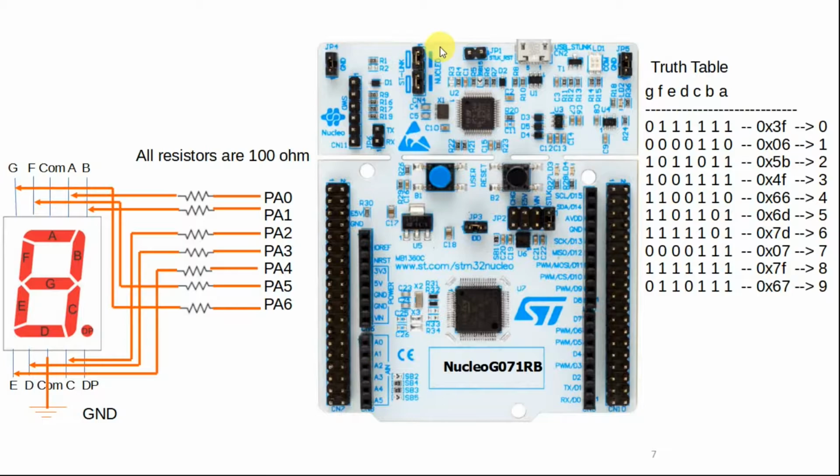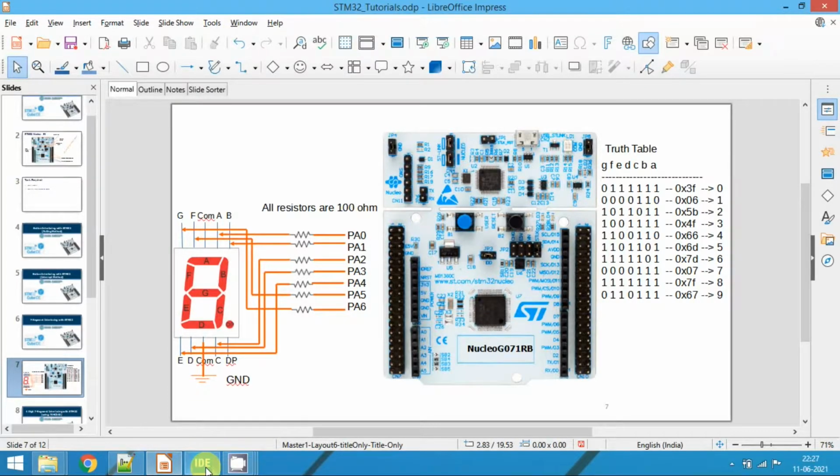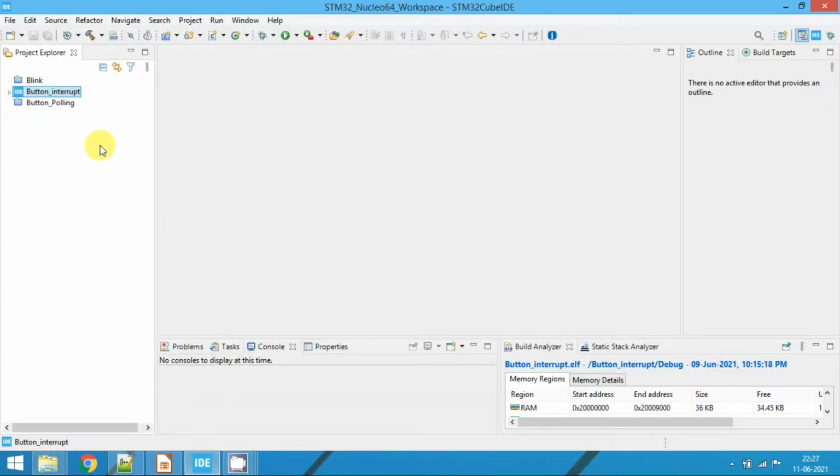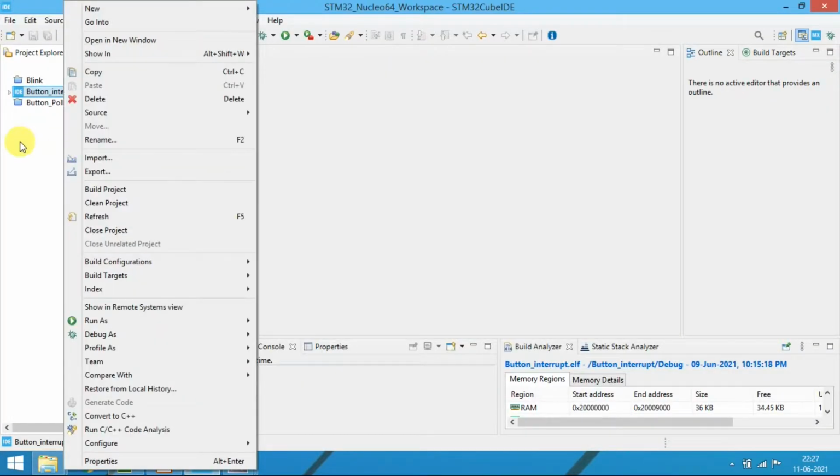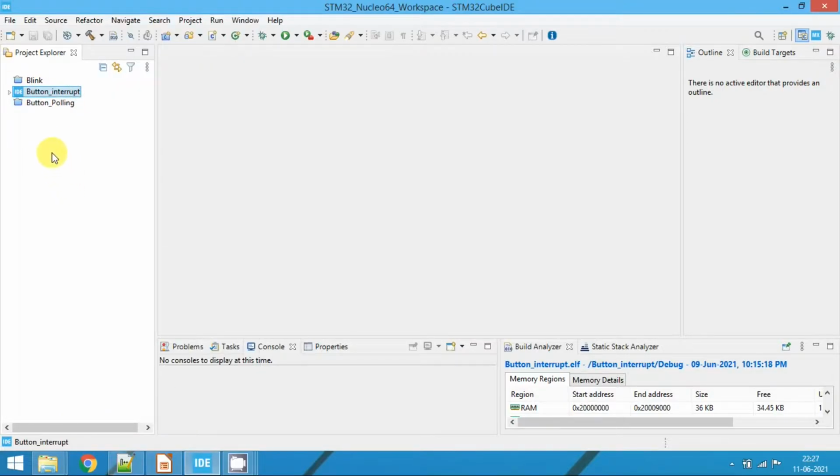Now let's get started with creating a project using STM32CubeIDE. Open the STM32CubeIDE. Here I am going to create a project based on the previous project, button_interrupt. I'll show you how to create a project using the existing IOC file, that is the STM32CubeMX IOC file.